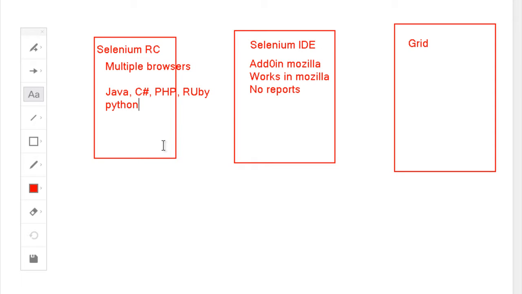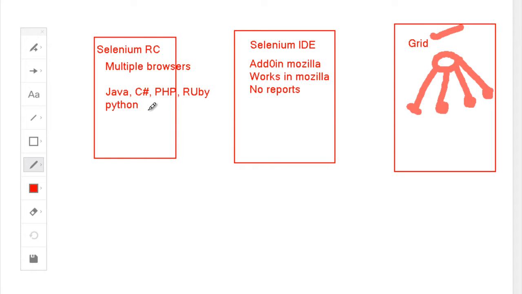And Grid was used to actually run the test cases parallelly. You used to set up a centralized hub machine, and with that you used to connect various other machines and run the test cases parallelly. This setup is known as the grid setup. It reduces the execution time. If you have got 30,000 test cases and you are using Grid, you can seriously bring down the execution time like anything.